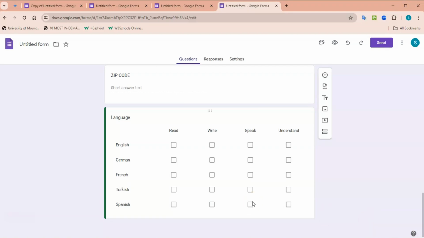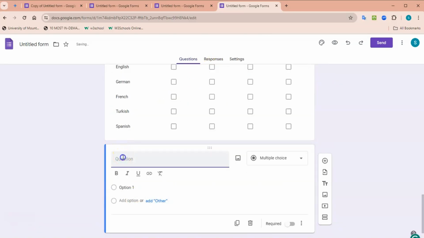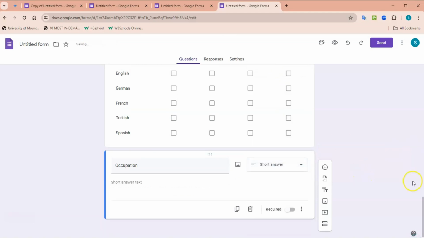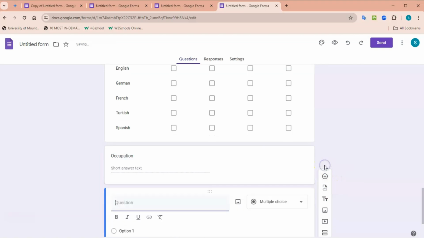Let's add the occupation. Leave it on short answer. Okay, next one after the occupation, let's add your educational qualification, your qualifications. For qualification,